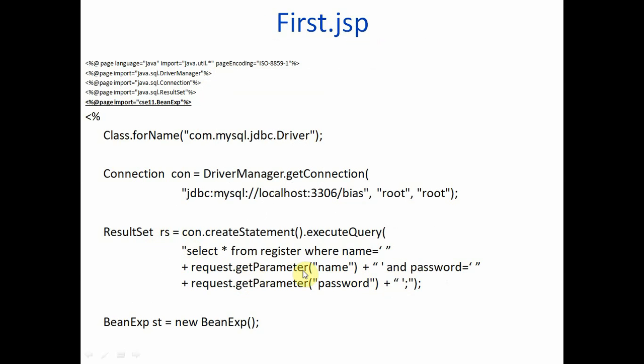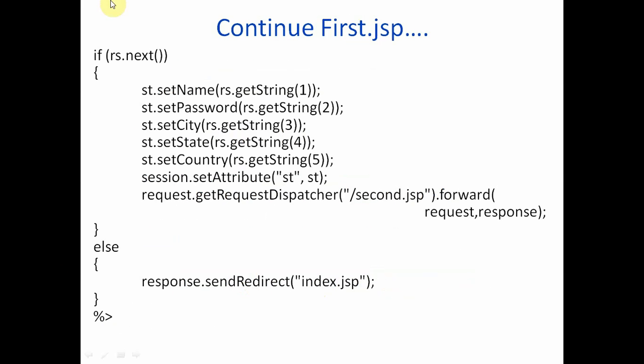Under this query it will return only a single value, because for a particular username and password it will return only a single line. So we will write an if statement; otherwise we would write a while statement. If there were any other case we would write while, but here it returns only one value, so we write if rs.next here.